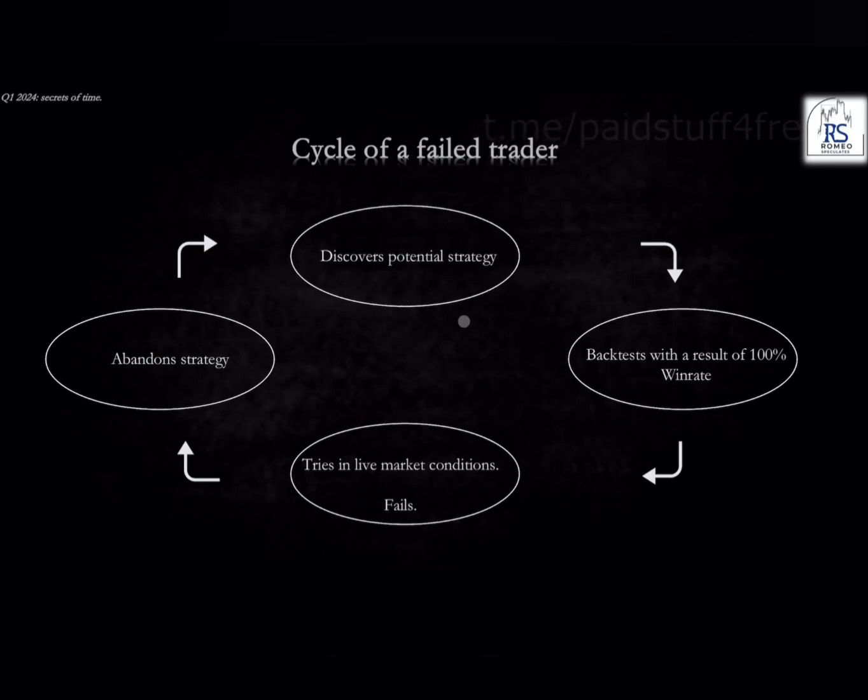So he discovered the strategy. He backtests the strategy with a result of 100% win rate. He then tries the strategy in live market conditions, and of course he fails. He then goes on to abandon the strategy, and if it sounds familiar, this is okay. This is normal. But if you reach this stage of the cycle, then you've failed, which is abandoning the strategy because it didn't work,